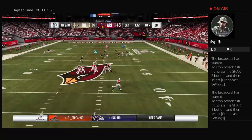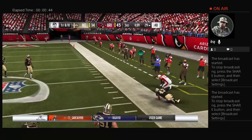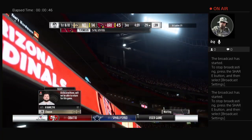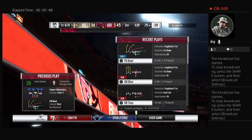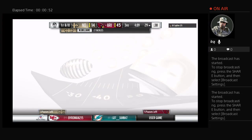On play action, they'll throw. He'll buy some time, right. Throw right side is going to be caught by Kirk. A good pickup there of 20 yards. As a general rule, offensive linemen like to know where they're